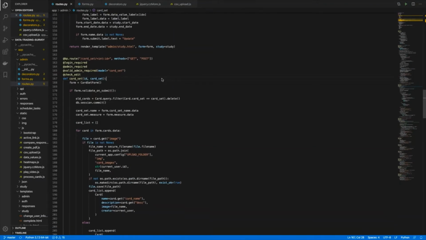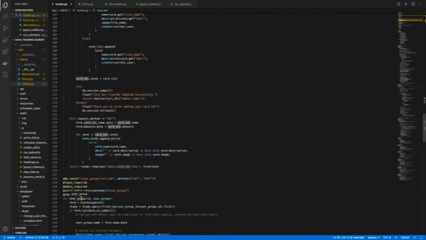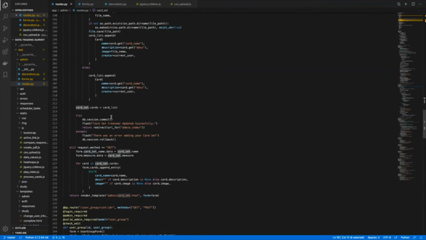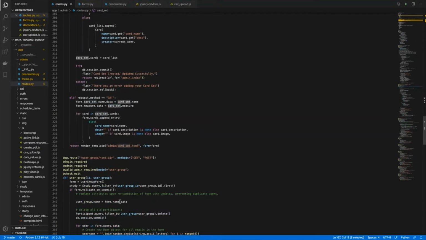Okay, so moving on to the next set of endpoints, the card set endpoint, which handles the modification of a card set, and lower down the user group endpoint, which handles the modification of a user group and lets the administrator fill out the form for adding new cards or adding users' email addresses in the user group here.